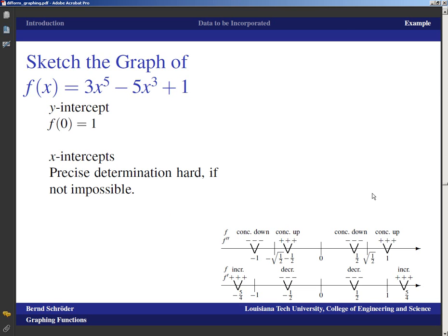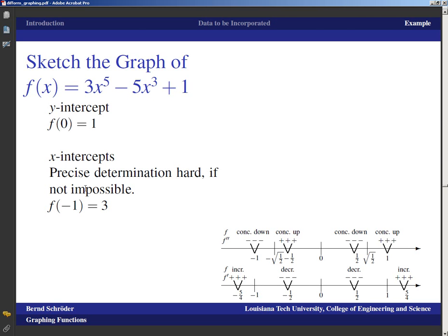We can talk about the x-intercepts, and those things can be worked out, but it's hard, if not impossible, algebraically, because there is no quintic formula. And so we'll leave that to numerical determinations. And then we're certainly interested in the values of the function at the points that are interesting, such as negative